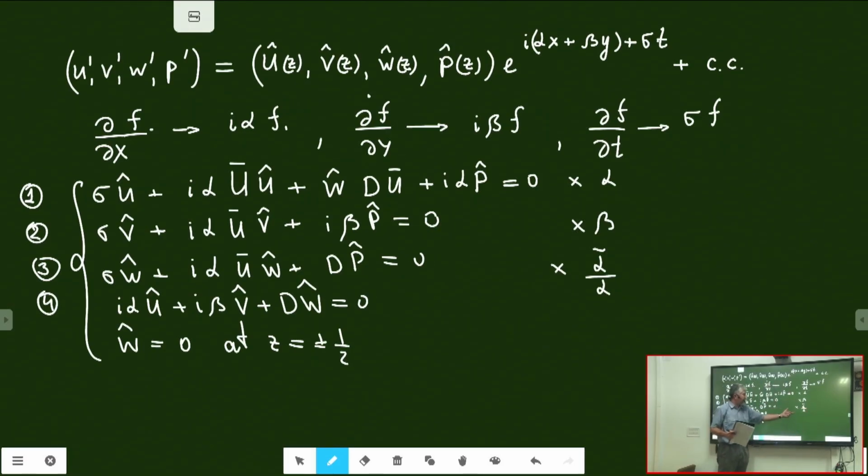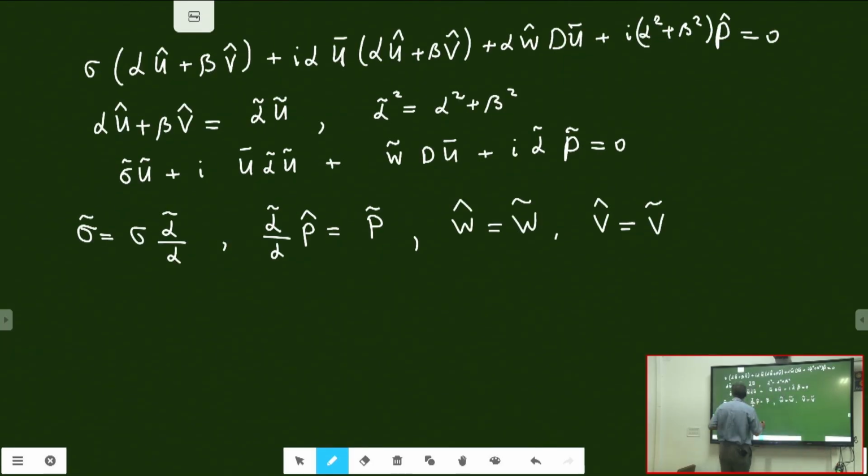Clearly, alpha tilde and alpha are constants, so the ratio is a constant. Multiplying the equation by a constant does not change it, right? And if I do so, I will get